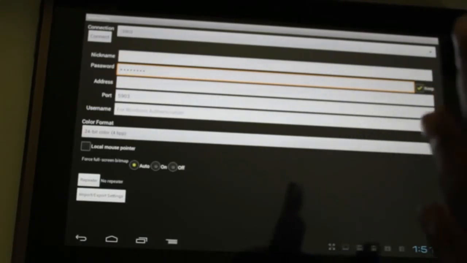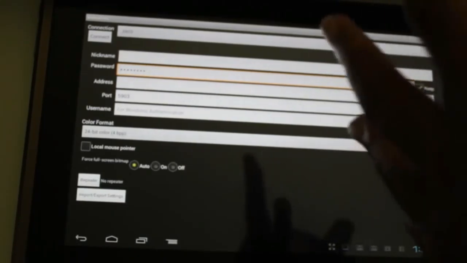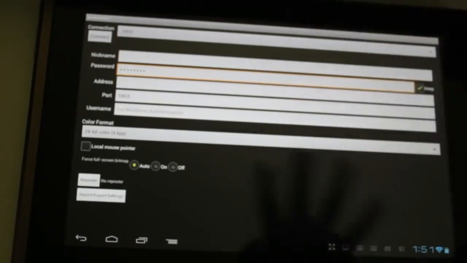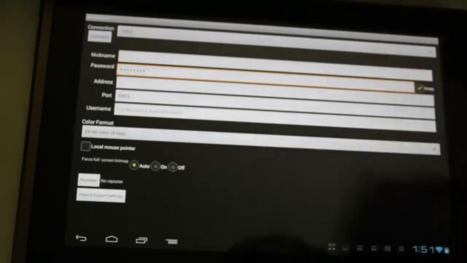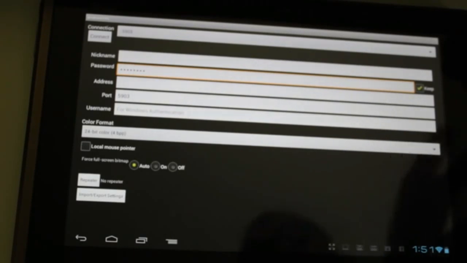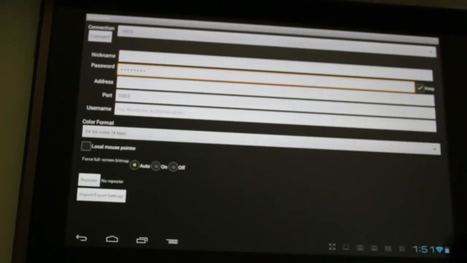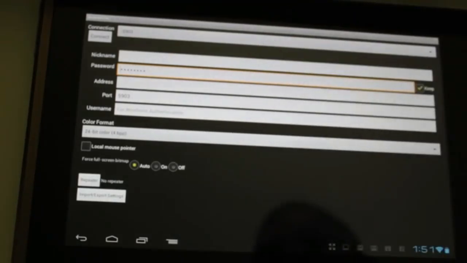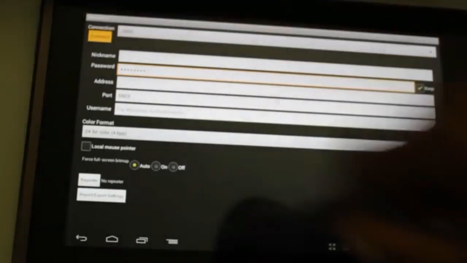So if you try 5901 and you get a connection error, try 5902, 5903, and so on. For me, it's 5903. Originally when I did this, it was 5902, and 5901 just never worked for me. So that's the only thing I can suggest when it comes to port. I know there's a file in which you can look and kind of see what port number it is, but I just say, hey, just start guessing. 5901 and keep going up, up, up. And make sure your bit is at 24-bit for BBP, and that's pretty much it. So hit connect,